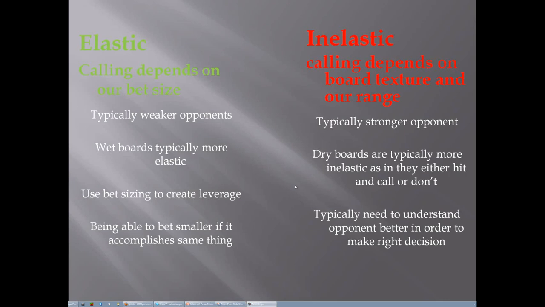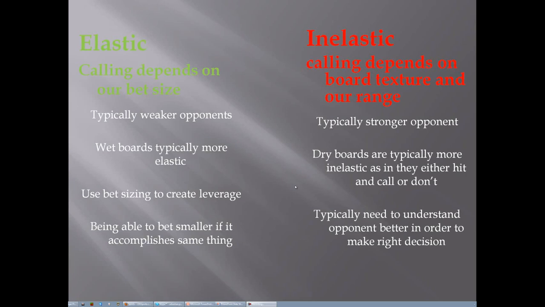Conversely, if we're betting as a bluff, we want to do the opposite on the flop. We know that this opponent is going to be calling with any piece of the board and folding with all their air. So we want to make our bluff as cheap as possible against them on the flop. I recommend typically around half pot in this situation. If we bet about half pot and they call, we know they have some piece of the board because they like to call. Now on the turn, we're going to fire again because we know that they're only continuing with top pair or better.